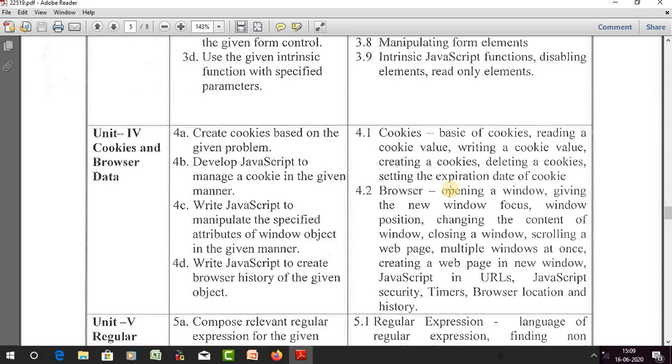Next is the browser. Browser means we can perform various operations with the browser window.